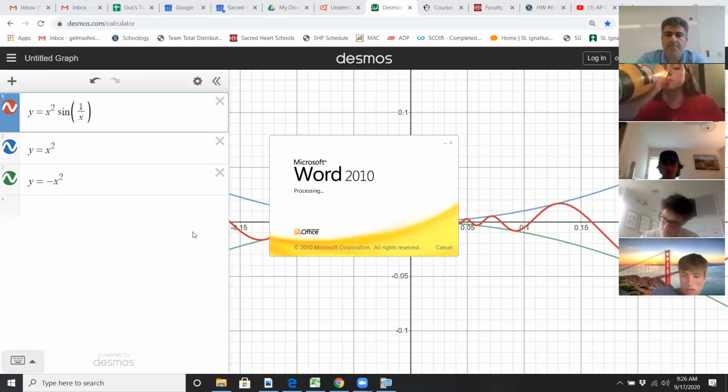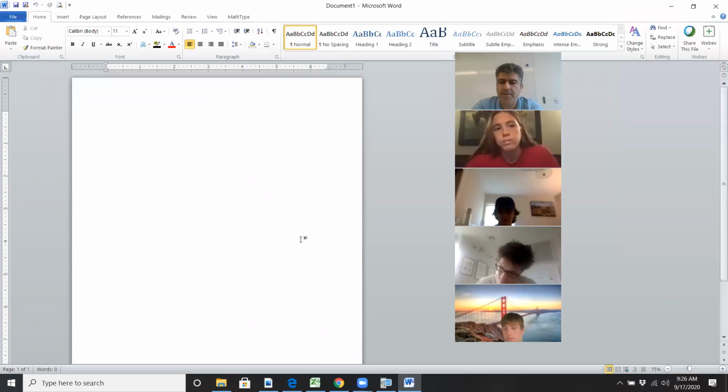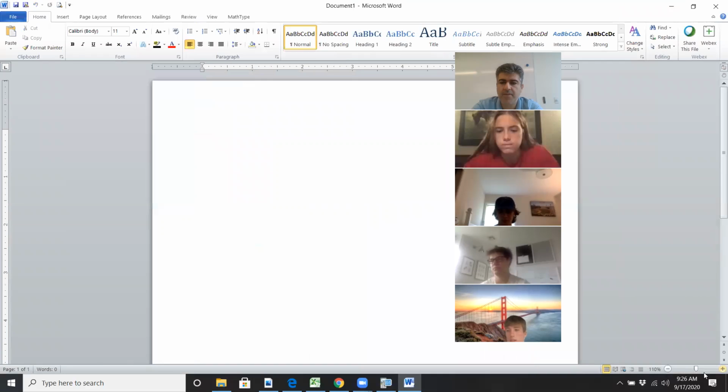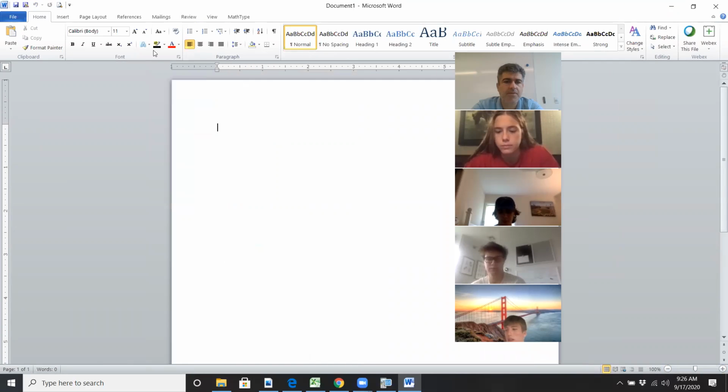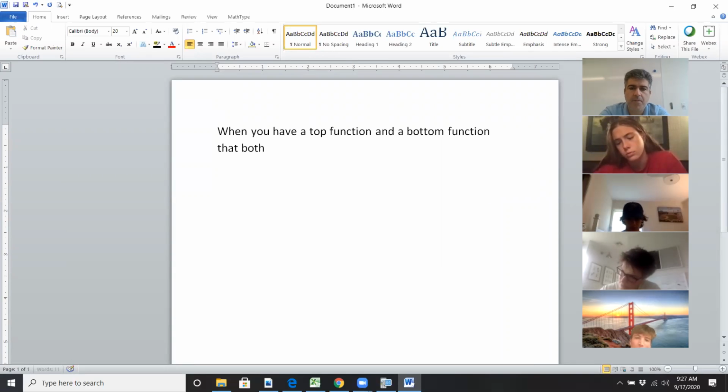Let's increase the font here. When you have a top function and a bottom function, limit x approaches